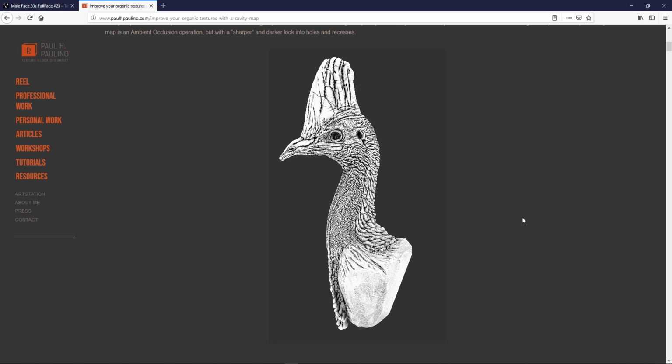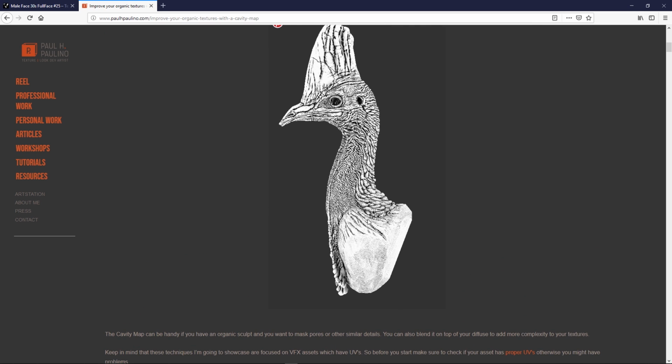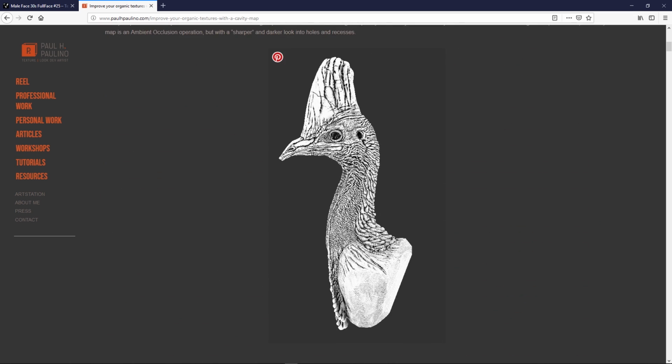So this here requires a model. If you're talking about a color, you can chuck that onto anything, but this needs a model to actually work. It doesn't necessarily have to be a character, it could be anything. And you can generate this using Mudbox or ZBrush, which is quite cool. So the nice thing about this is that now you can take this map into something like Painter or Mari. I've been doing this mostly in Mari. And then you can really get out a lot of this extra detail.